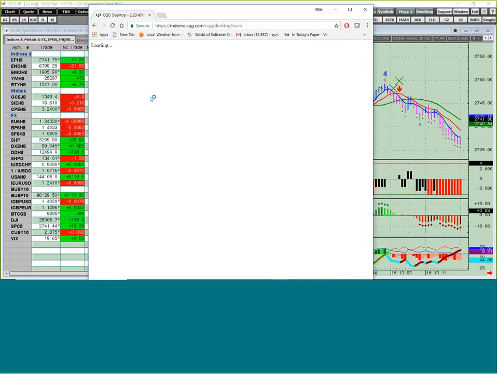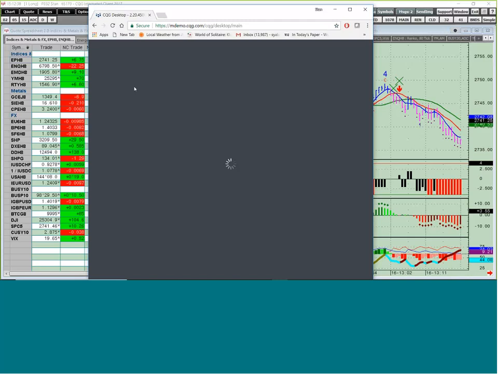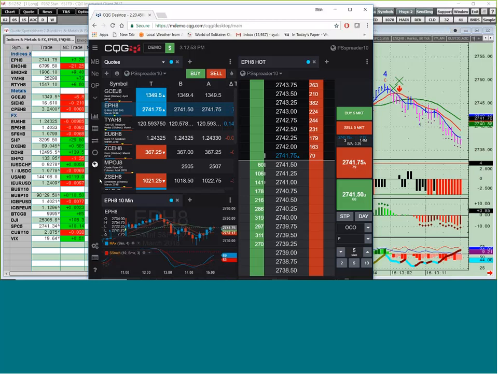Now this is the desktop version of it, and it should open to a page that says CQG or CME on it, or at least it will list all of the symbols that you can trade: gold, S&P, 10-year note, euro currency, corn, Malaysian palm oil,